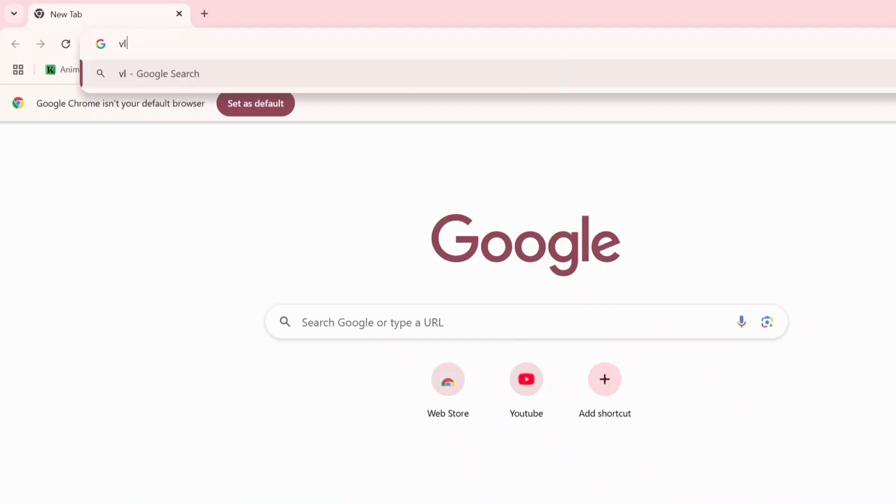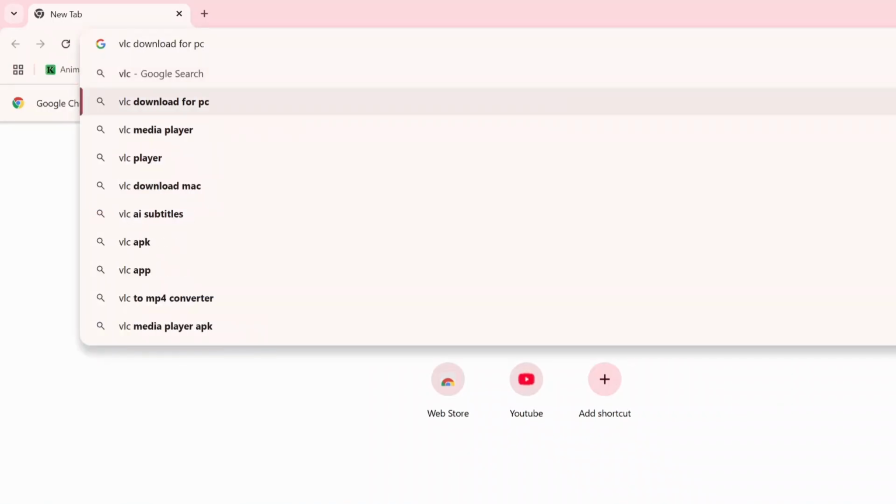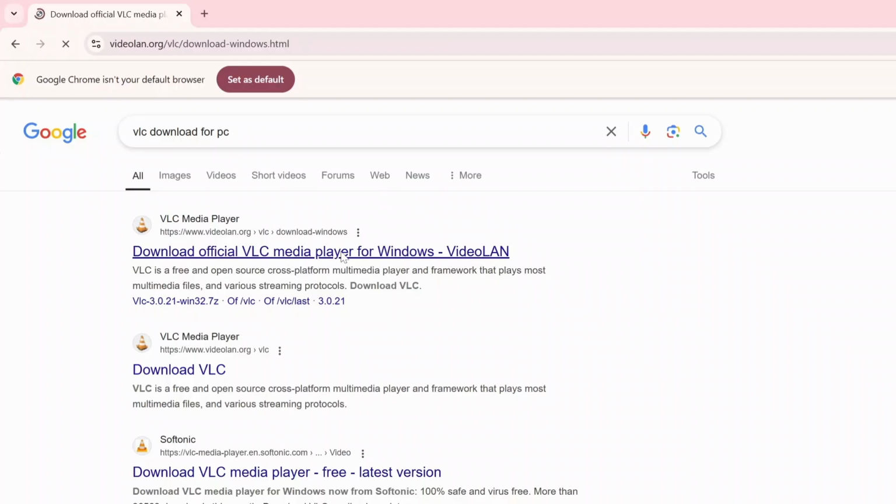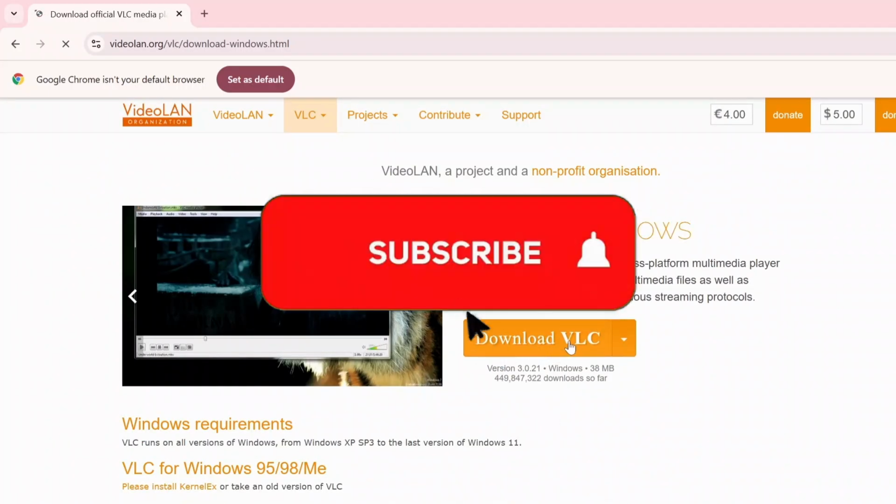In this quick tutorial, I'll be showing you how you can easily download and install VLC media player on your PC or laptop. So first thing, just head over to any of your browsers and search for VLC media player download. You can just tap on the first link over here and click on this download